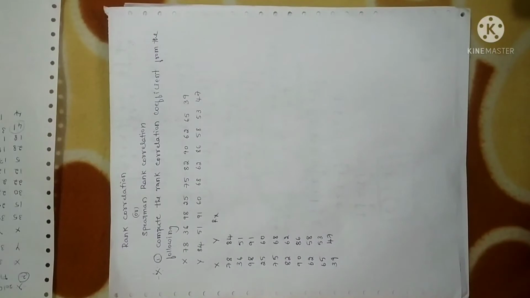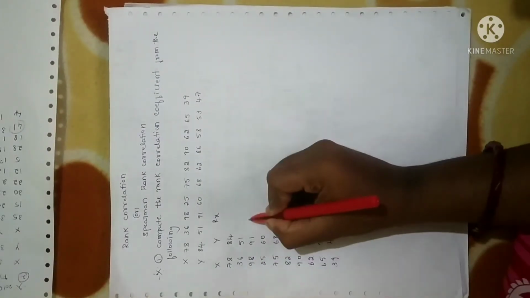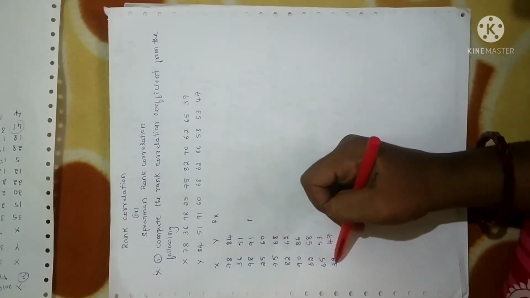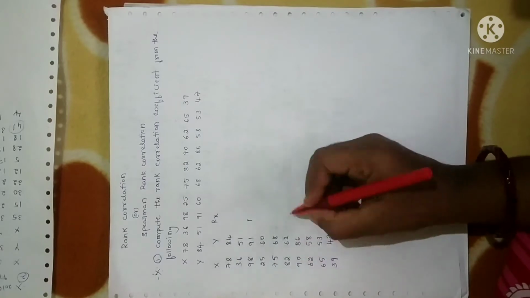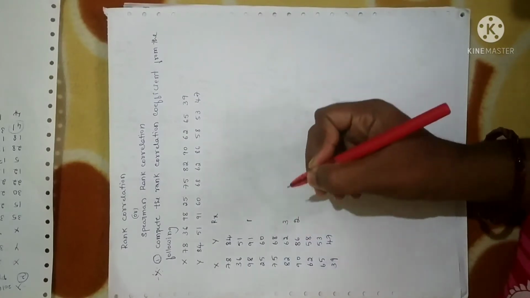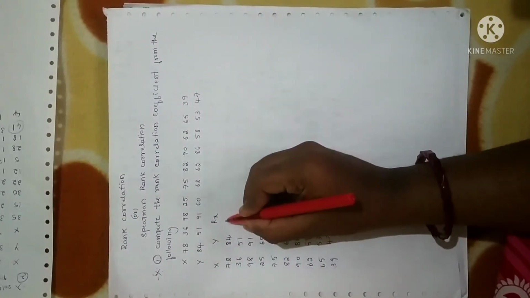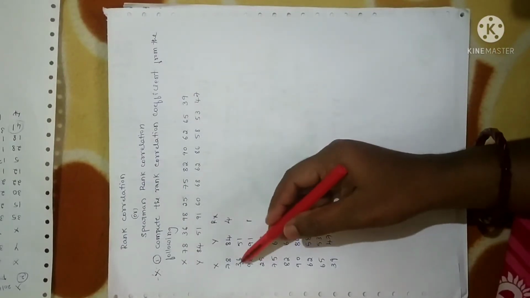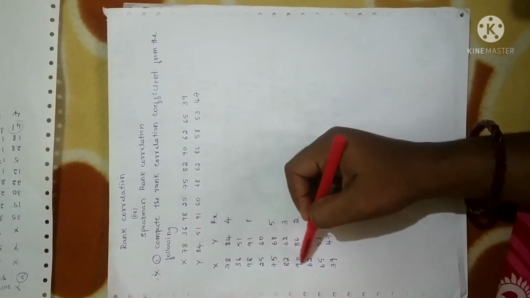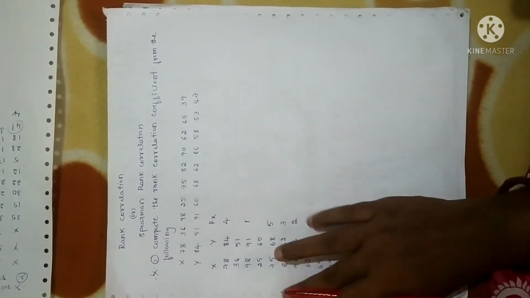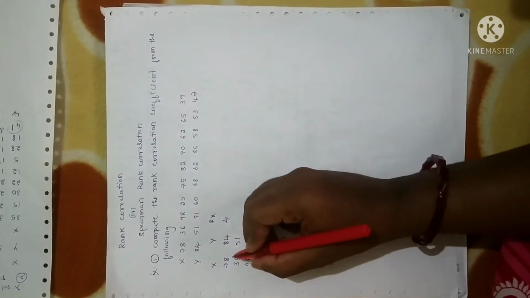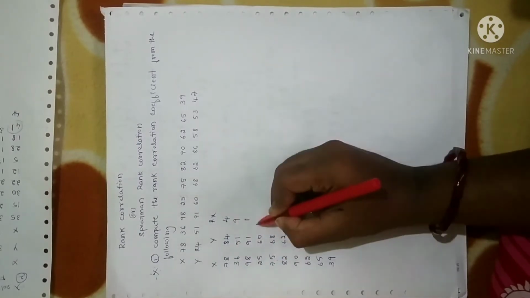Fine. So clearly it is 98, right? So 98 is the first highest value, so give that the first rank. Next, look at the second highest value in the x column. It is 90, so give it the second rank. Next highest mark is clearly 82, so it is the third rank. Next highest mark is 78, give that the fourth rank. Next highest mark is 75, give that the fifth rank. Next, the sixth highest mark is 65, so the 6th rank goes to 65. Next, the 7th rank will be 62. Next, the 8th rank will be 39. Next, the 9th rank will be 36. The 10th rank will be 25.